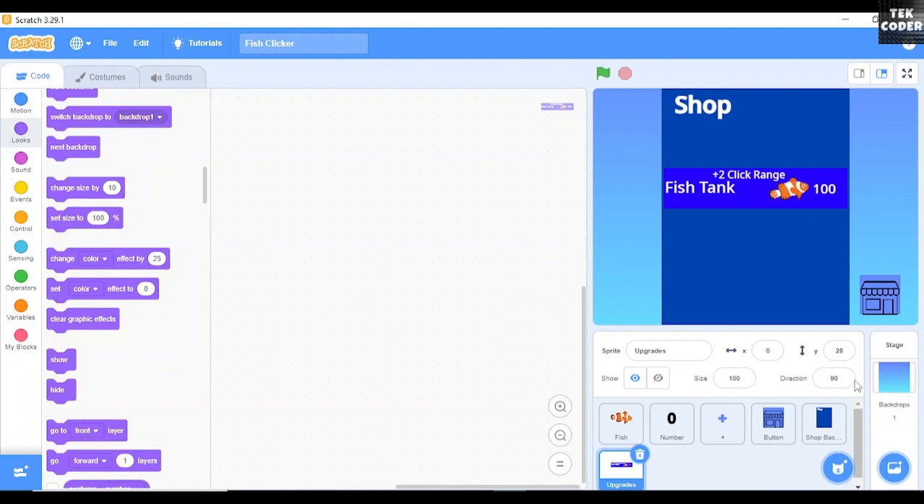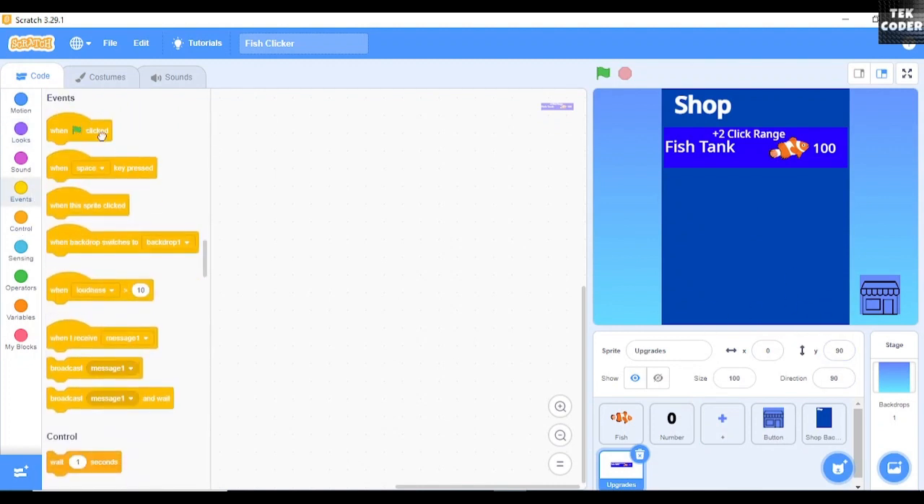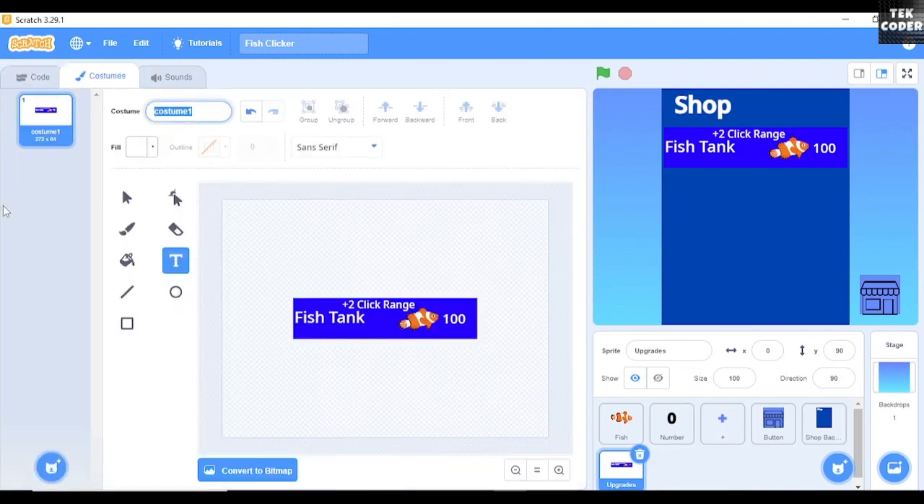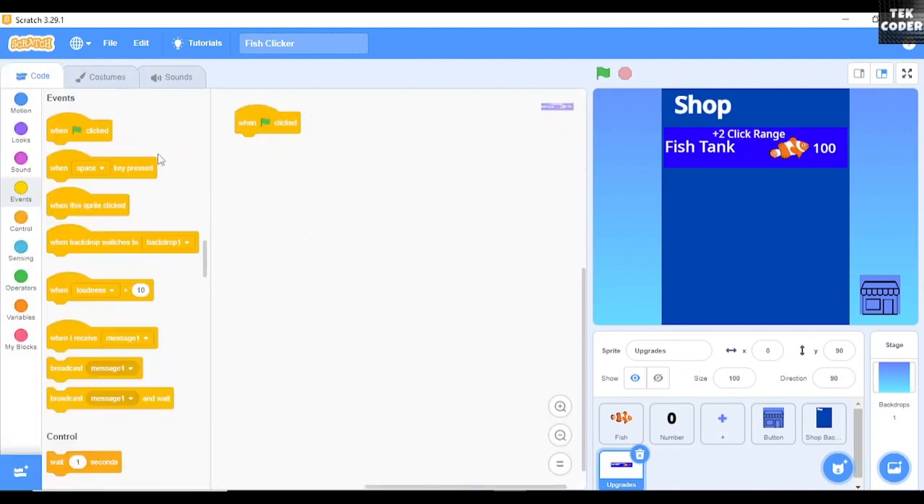Okay, then I'll position it higher, like this. Okay, so I positioned it at y90 and x0. So first, let's also name your costume as 1 so that it will be easier to identify,